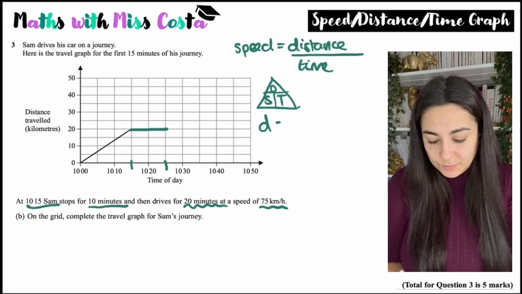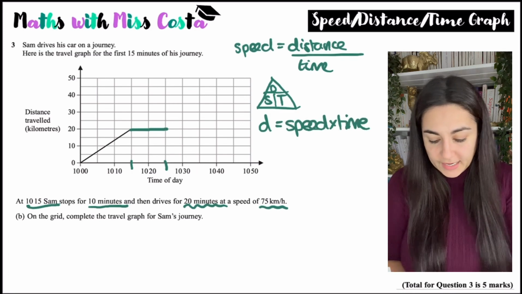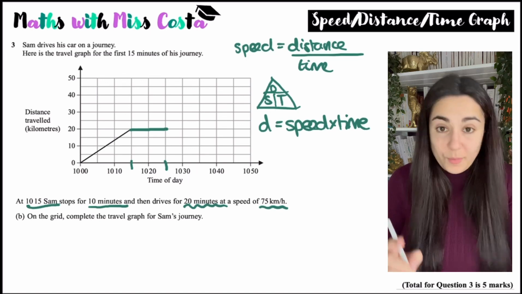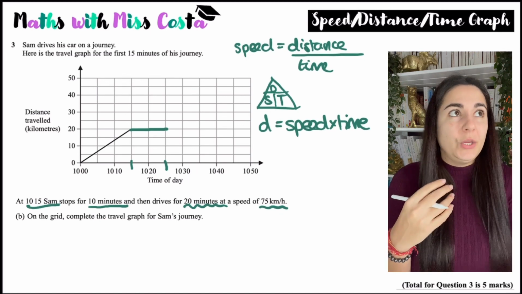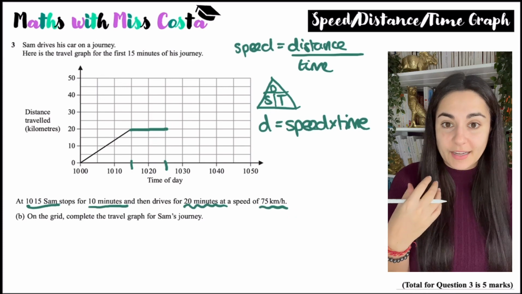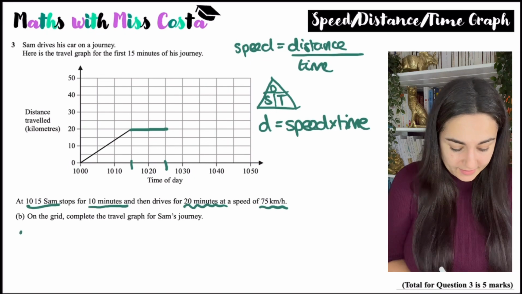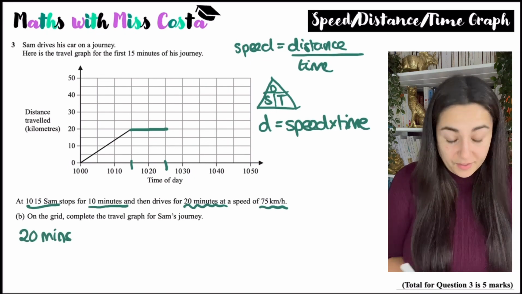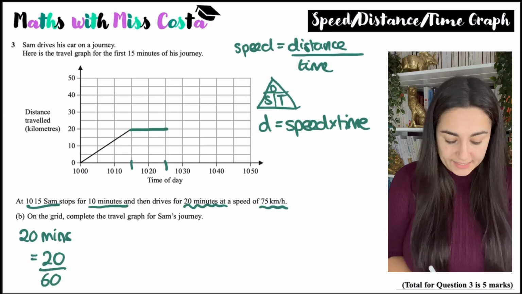So the distance will just be speed times by time. Okay, now, remember what I said, when we're dealing with speed, distance, time, you have to express the time as a fraction of an hour, as a unit of an hour. So 20 minutes is a third of an hour because, so I write it over 60, so 20 over 60